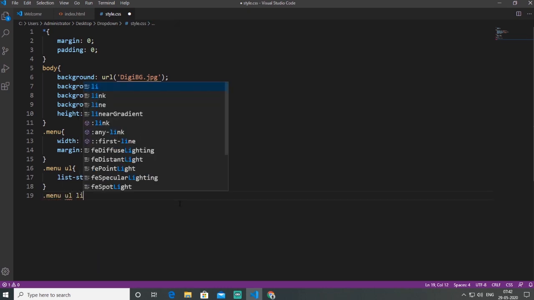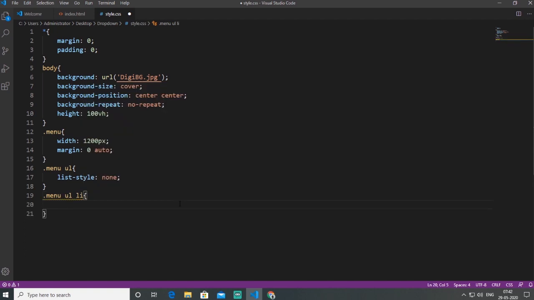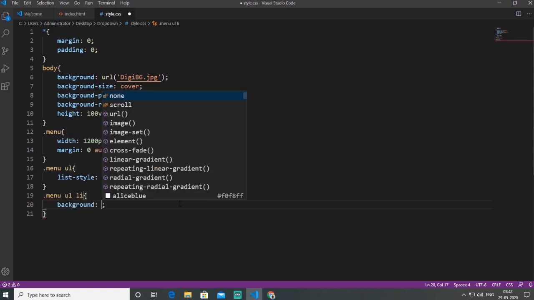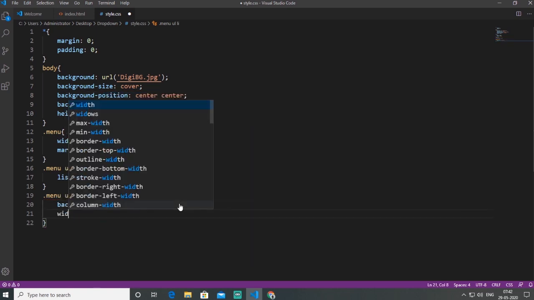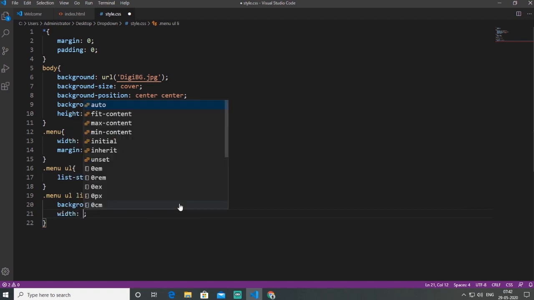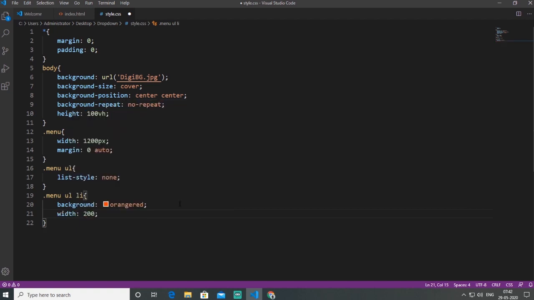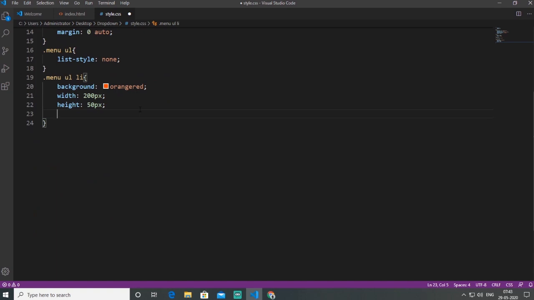After my UL menu, I want to style dot menu UL and LI. Inside the UL LI, the main menus home, about, I need my background to be orange, width I need 200 pixels, height 50 pixels, and line height also 50 pixels, which means the text comes in the center.